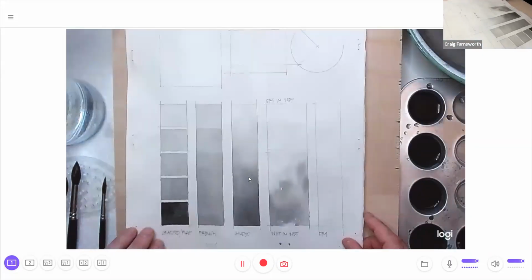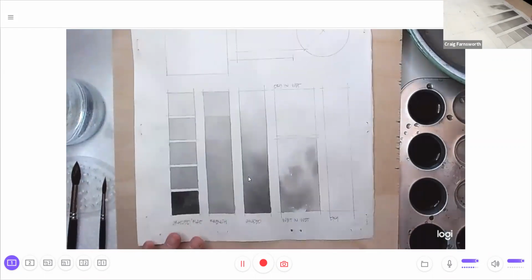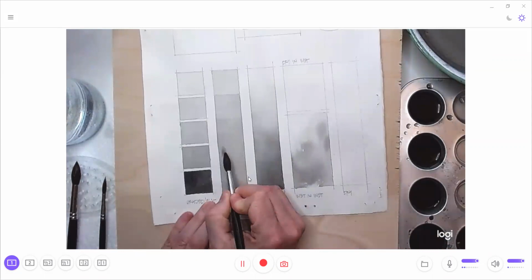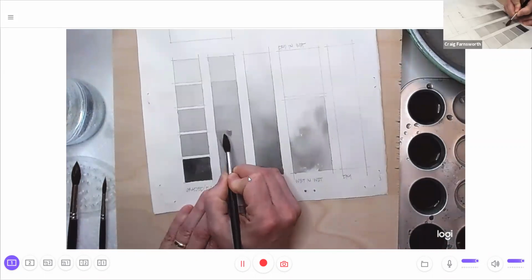But let me see here, maybe before I do that, I'll go back to this wash here. All right, let's do one more of these. Julie, are there any more questions while I'm running through another wash here? We do. You mentioned color. Do you have a recommendation for a basic palette of colors? Yeah, if you're using,